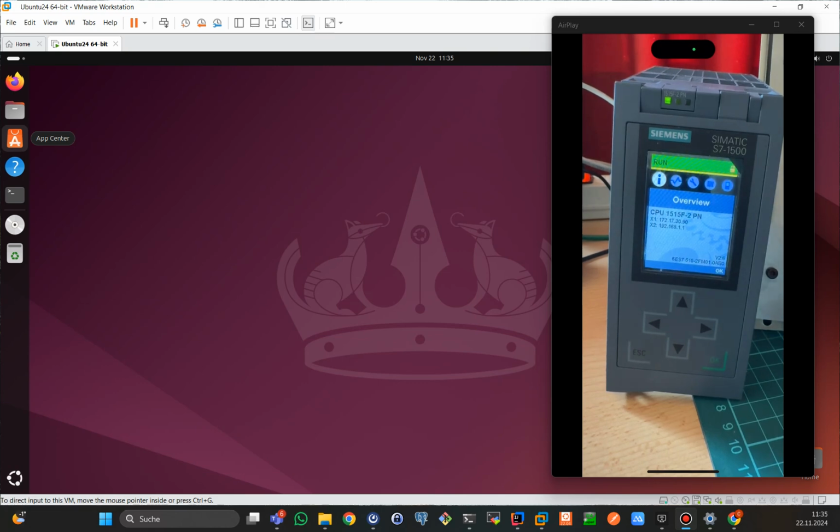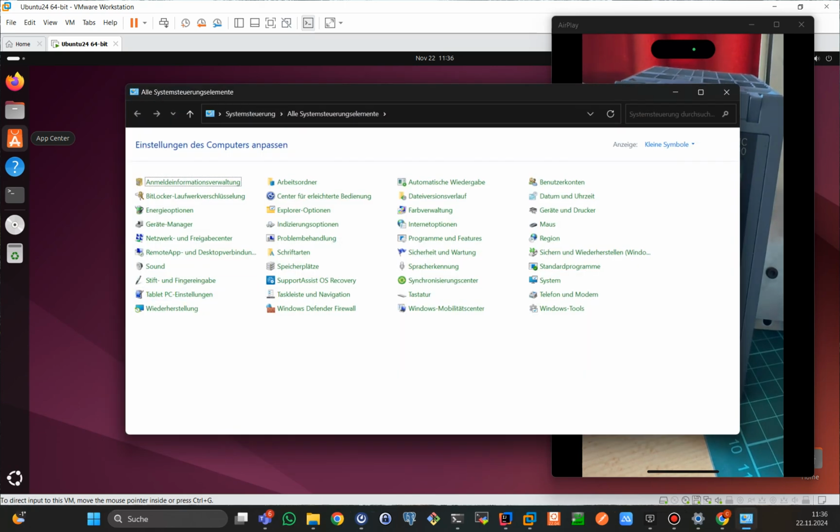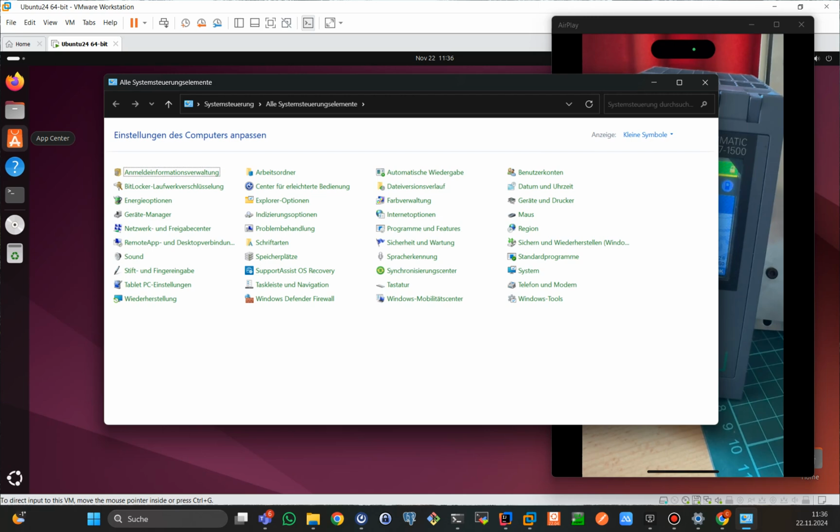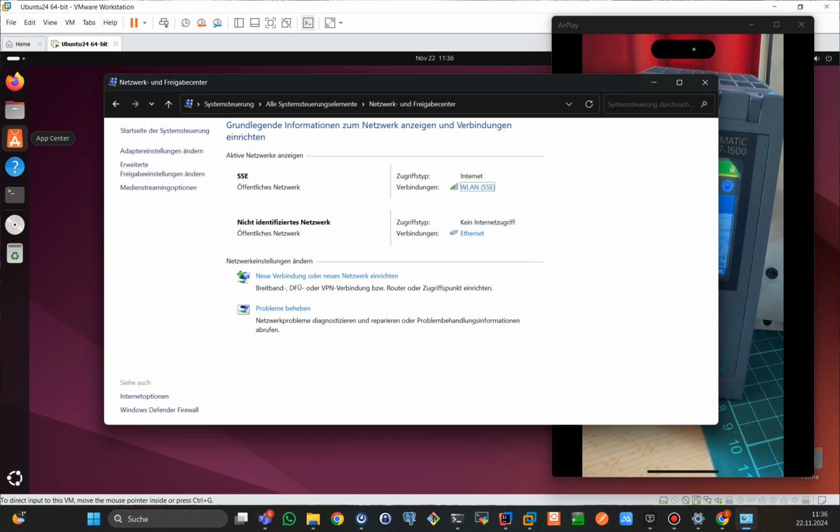First of all, we have to connect the host system, so Windows, and then I will show you how to do that in VMware so that you can start up Docker and connect to MHubX with that PLC as well. The first thing you have to do is to open your system control. I have a German setting here, so this is the German system control. You simply search here for system control, and then go to that network editor, and then we want to